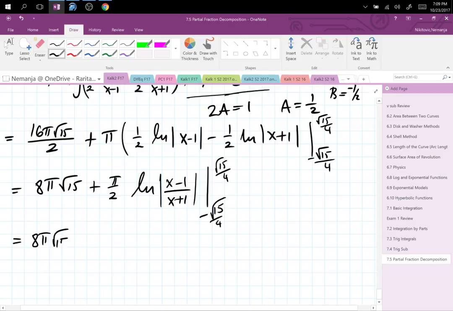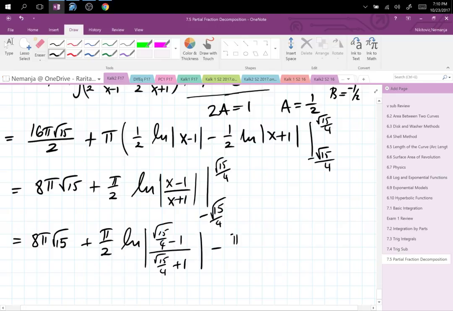So 8 pi root 15 is the copy, and now we get to plug in the values. So this is going to be ln of the absolute value of square root of 15 over 4 minus 1 divided by square root of 15 over 4 plus 1. That takes care of the upper limit, and now the lower limit is negative pi over 2